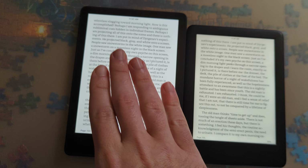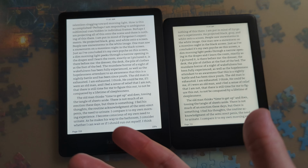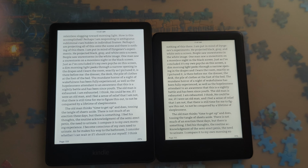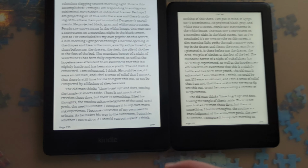And I think that's because with this flush screen, it feels a bit more like a tablet or a premium device, which some people might like. It makes it feel less like a cool little niche electronic book item, which is kind of what this feels like. But I have to tell you, after using this,